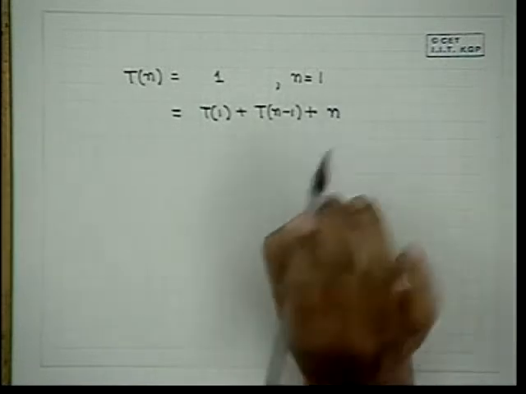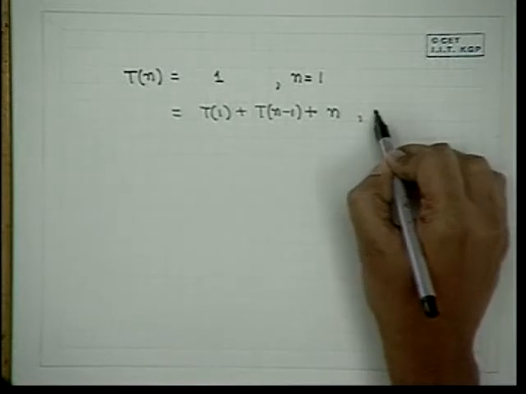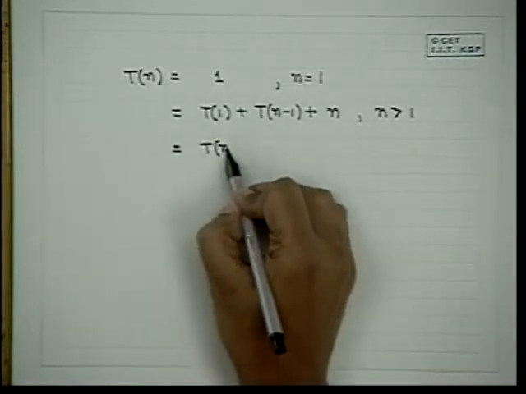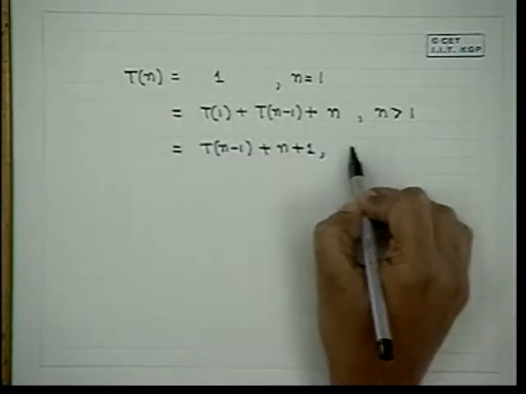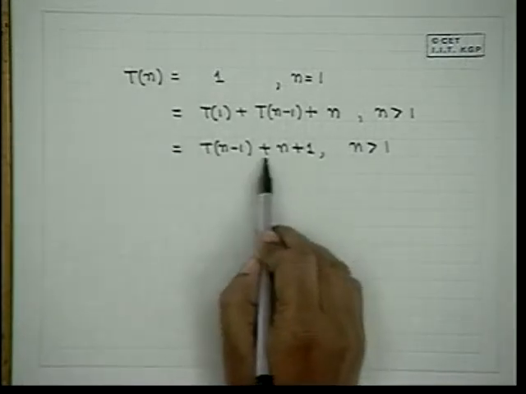Order n you can write as n also, because it will not affect the order of the complexity, which is the same as Tn minus 1 plus n plus 1. So Tn is Tn minus 1 plus n plus 1,